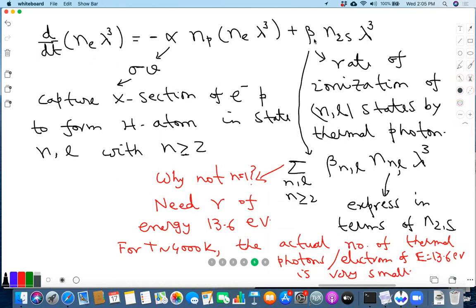But initially, you are right that you start with everything zero. But as soon as the 2s state forms, it basically starts getting converted to the 1s state. Maybe we shouldn't include it here, but when we write something like d by dt of n1s lambda cube, there I'm saying it would be much more important to introduce this. Not really. I mean, there you cannot give an argument.